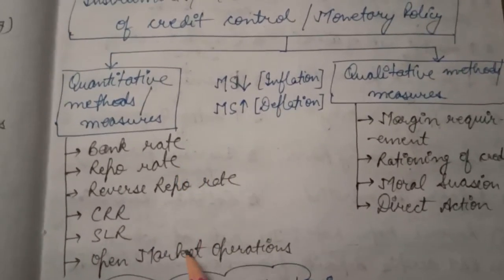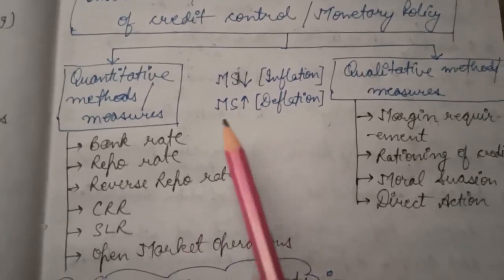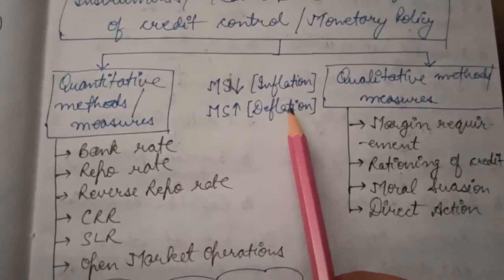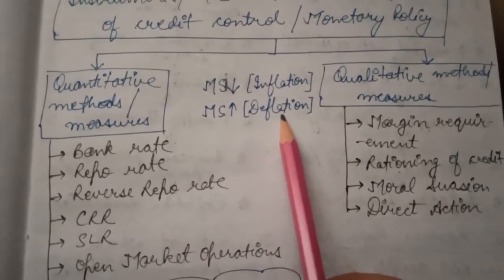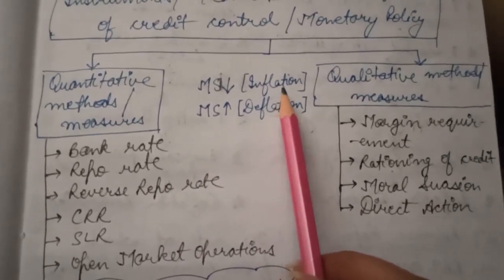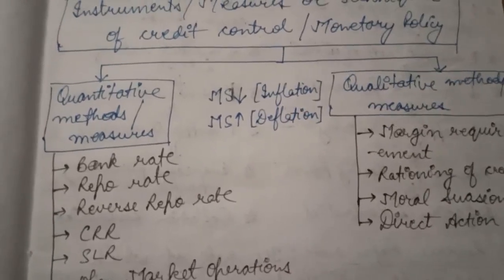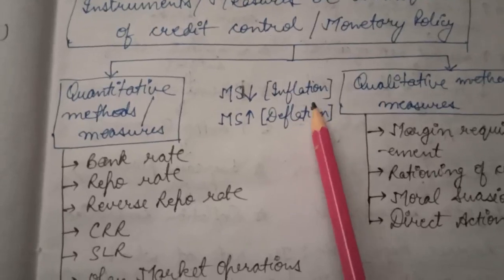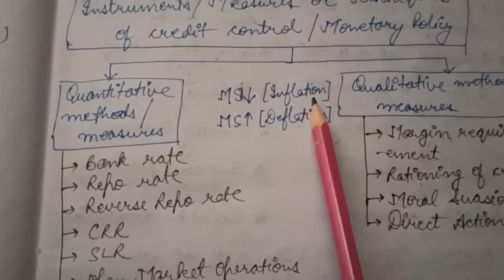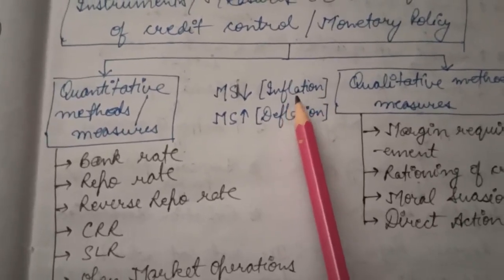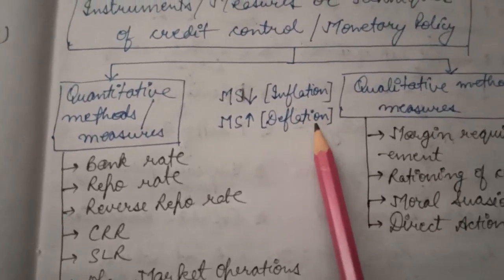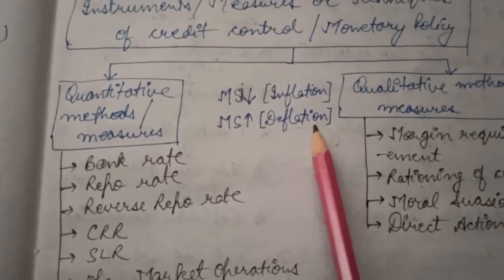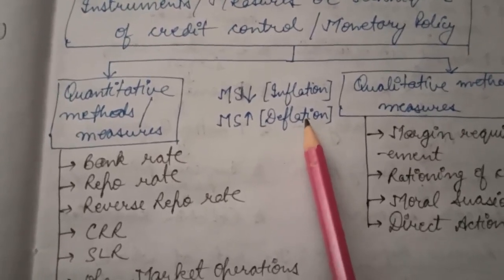Before starting with that, I would like to tell you that these instruments are mainly used to correct the situation of inflation or deflation in the economy. Now inflation is basically the consequence of excess demand in the economy. Whenever the demand is in excess of the supply, the prices in the economy rise, which is known as inflation. And deflation is the opposite of this. That is, in case of deficient demand, when demand is less than the supply in the economy,